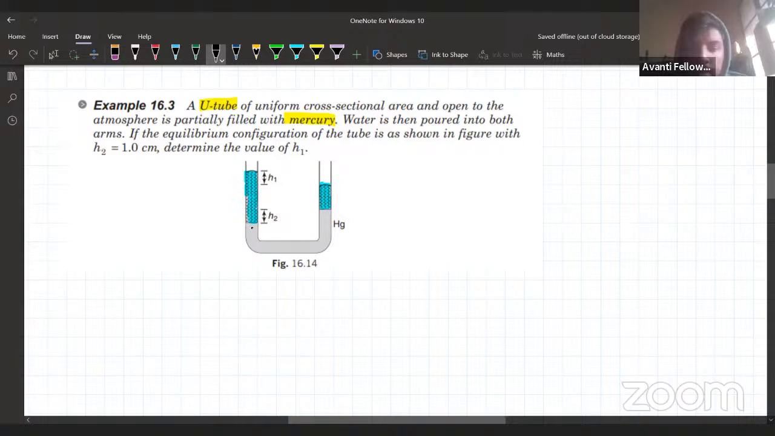So at A, pressure at A will be equal to atmospheric pressure P plus rho of water, right, plus total depth, that will be H1 plus H plus H2, which will be equal to